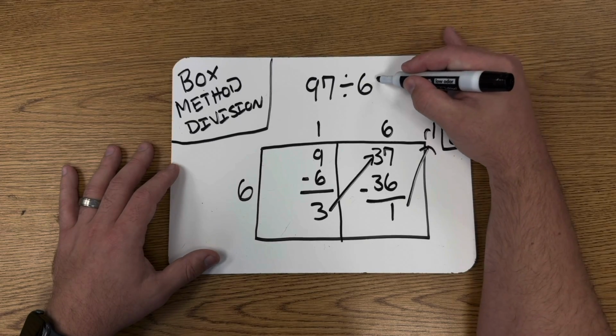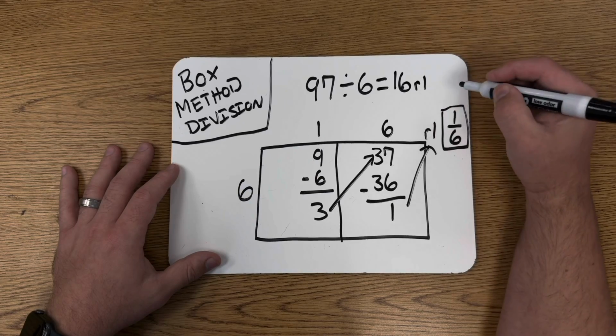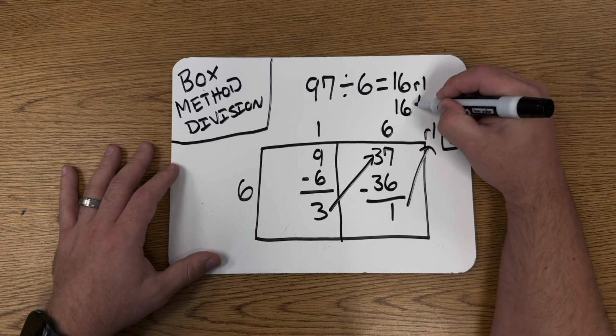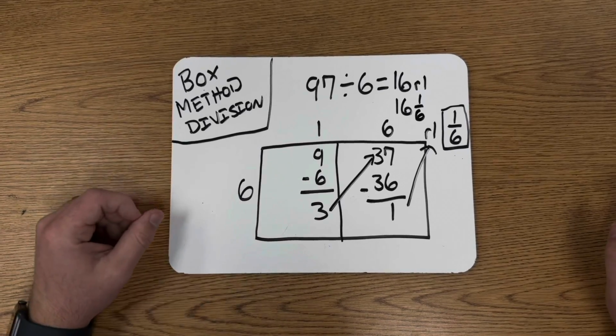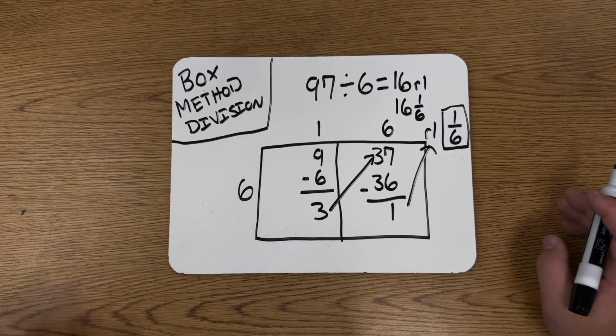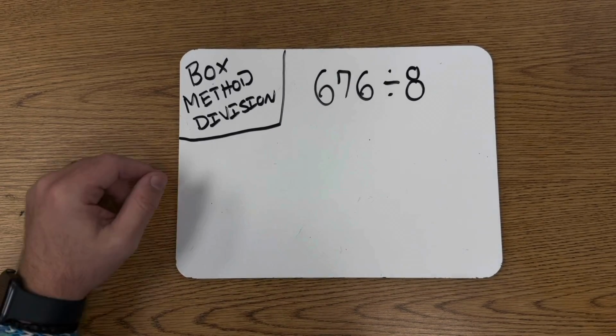So 97 divided by 6 equals 16 remainder 1, or 16 and 1/6. And that's box method. Let's take a look and see how that looks when we have a little bit larger of a number. All right, so let's take a look at a 3-digit divided by 1-digit problem, 676 divided by